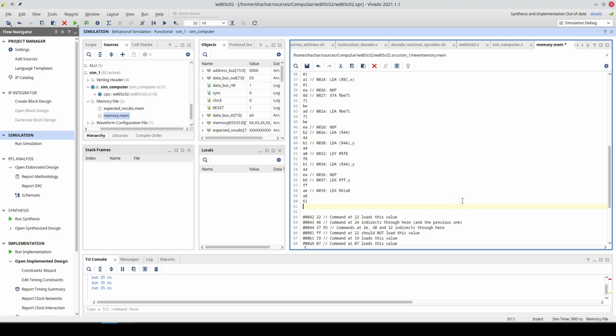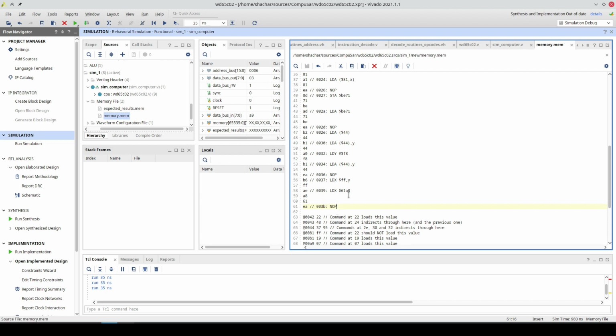And to give it some slack to see that things actually happened, we're going to follow that with another no operation. So EA, that would be at address 3, 9 plus 3 is 12, which is B. And we've placed a NOP.